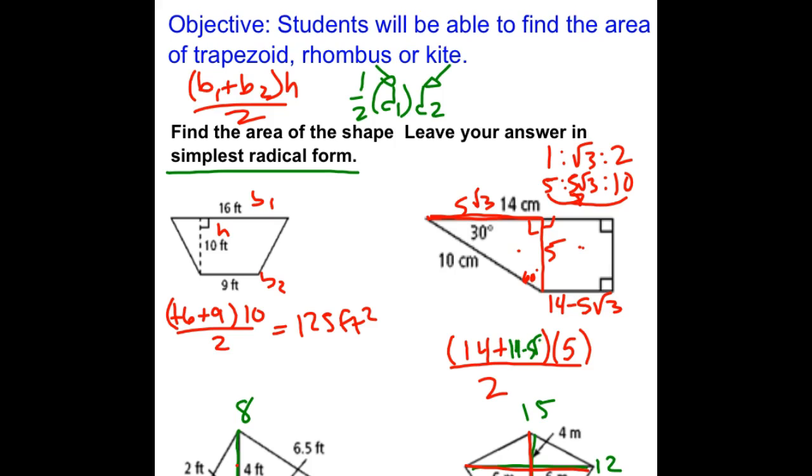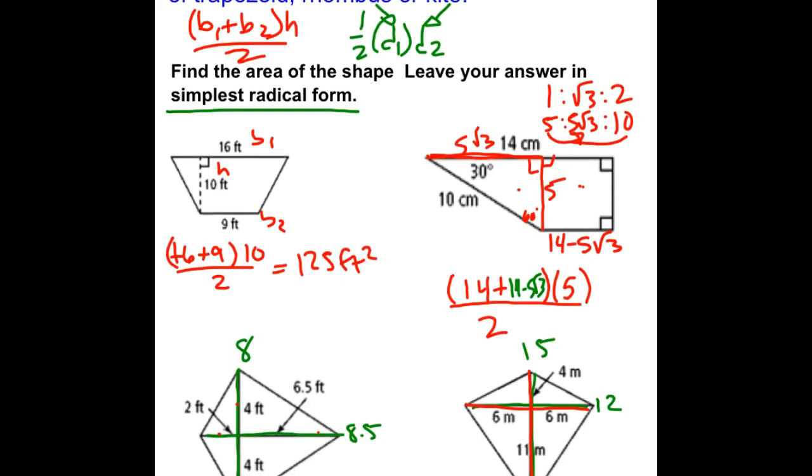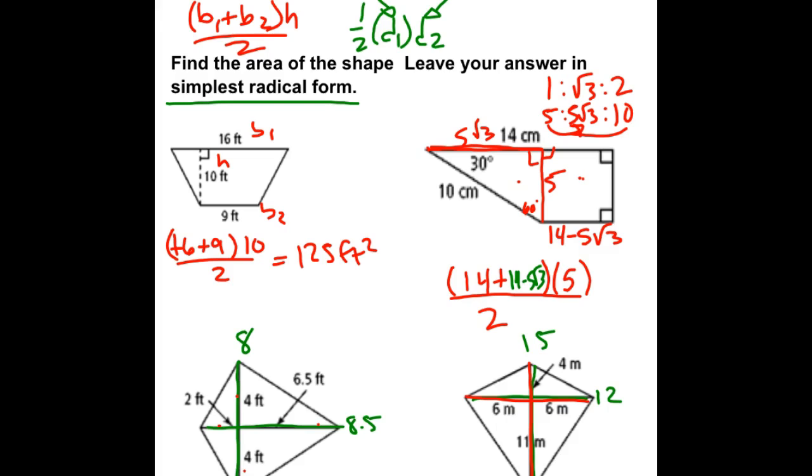Plug it in. You do have a calculator at this point, so when you type this all in, parentheses are super important. I'd go 14 plus 14 minus 5 square root 3. You can type in that square root 3 in your calculator. Scroll out of the square root, close your parentheses, multiply by 5, and divide by 2. And you're going to get a decimal. Or actually, it says to leave your answer in simplest radical form. If we got a decimal, you get